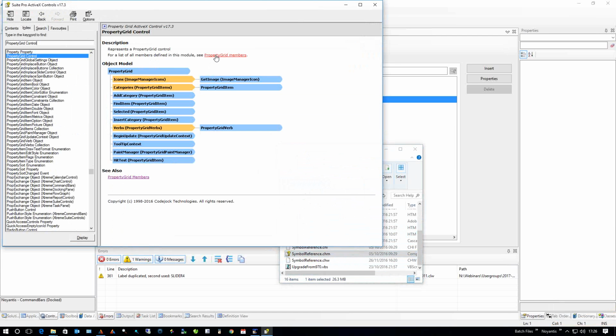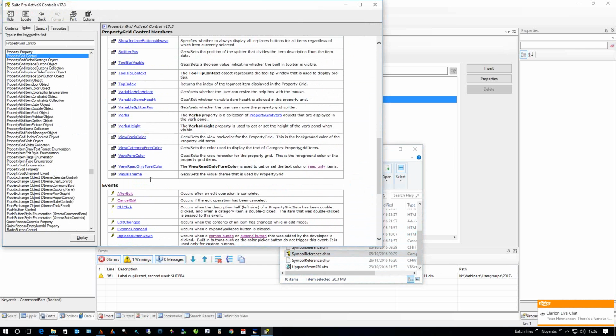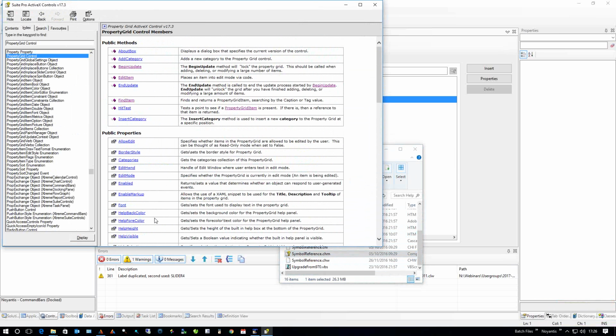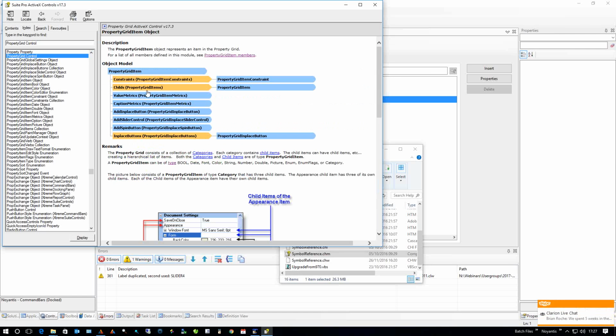Okay, so for example, following it down like a chain, if you will, you go into what members it has, and it's cut into the methods, the properties, and the events. So depending on how you wanted to tackle it, you'd look at those particular things. So we're going to go with find an item. That's not a bad point, because we know it's an item we want to go and manipulate. So find an item. Yes, it lets you call it, and you can pass it a particular parameter, but the thing we want is it's going to return you an item, a physical item object. Go on to that,